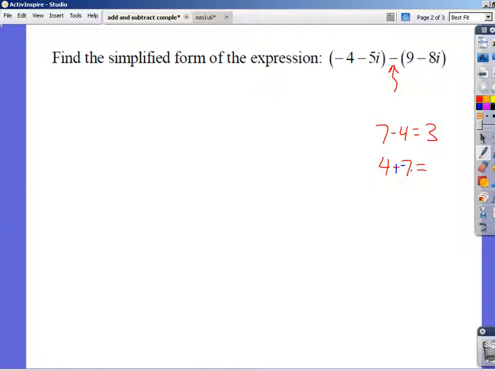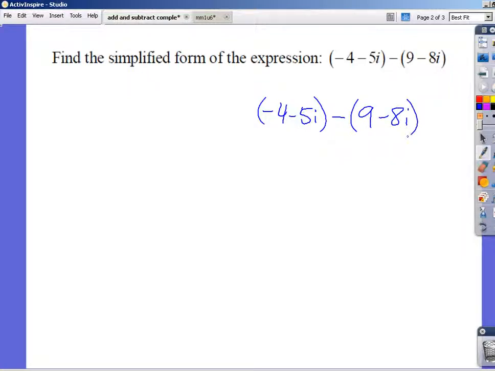So 4 minus 7 is the same thing as 4 plus -7, and that helps us out because now it's an addition problem, and we're going to invoke the addition rules that if the signs are different, we're going to take the sign of the larger absolute value number, and we're going to subtract the absolute values. 7 minus 4 is 3, and that's how we come up with that. Okay? All right, so we're going to do something similar here in that we're going to change this to an addition problem,